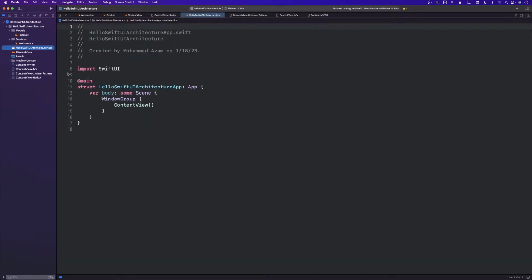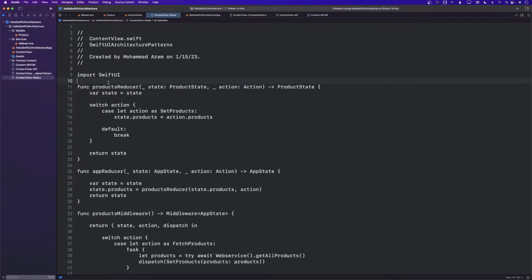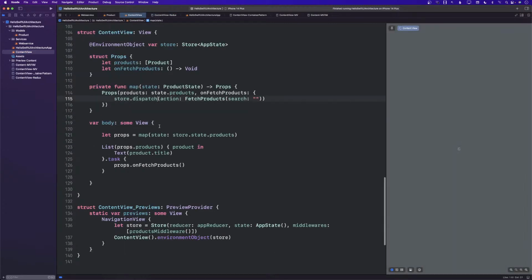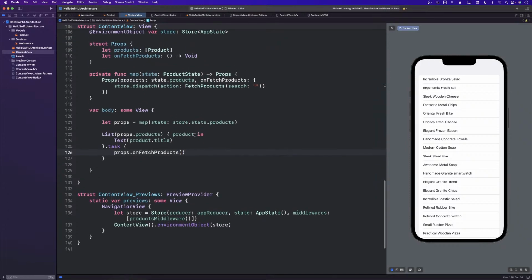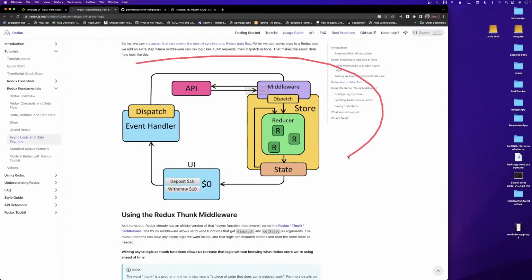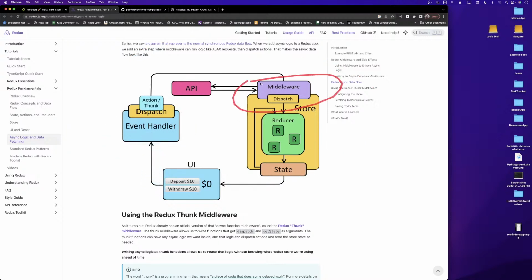Okay. Redux in React, or not in React actually, because Redux is a separate library, but it can be used with React, and people often use it with React to maintain global state. But if you want to implement the same thing in SwiftUI, this is the code that I've written, and there's some other code that I have to write also. But you can see there's a lot of stuff, because we are looking at this big picture over here, and you can already see there are so many moving parts for Redux. All right, you have to do the dispatch action, you have to create the middleware, you have to create the store, you have to create the reducer, you have to maintain the state. So there are already so many moving parts